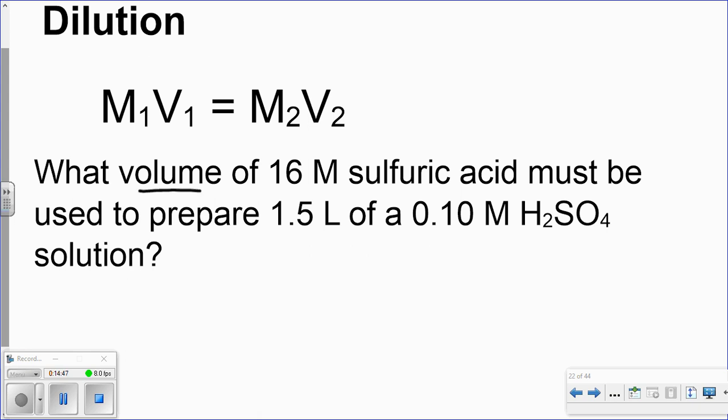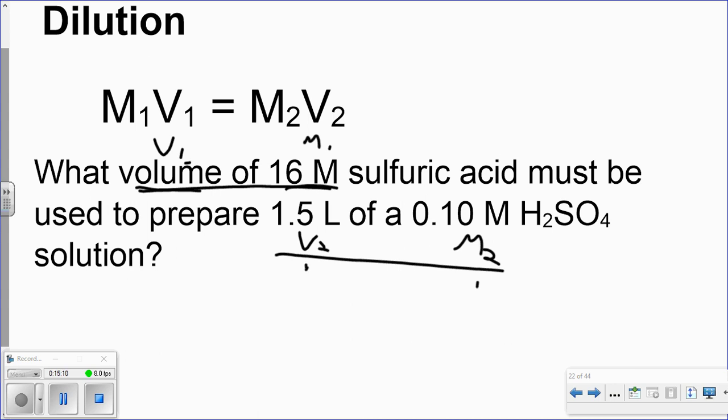It says what volume of 16 molar. Okay, so I have a volume, I have a concentration. It's used to prepare a, oh, here's another one, here's another volume and here's another concentration, okay? Now notice these two seem to go together, and these two seem to go together. So let's just call these ones and these twos. It doesn't matter what you call them. You could have called these ones and these twos. It doesn't matter. We'll stick with our original designation, okay? Question says, what volume? So this is our X,